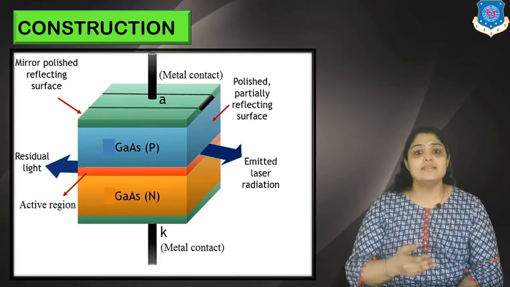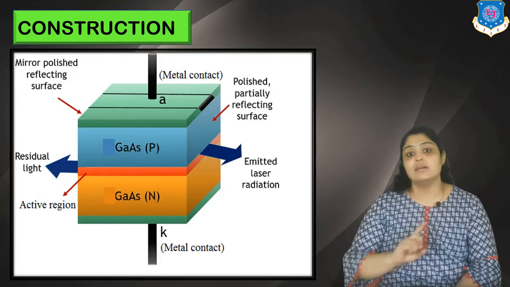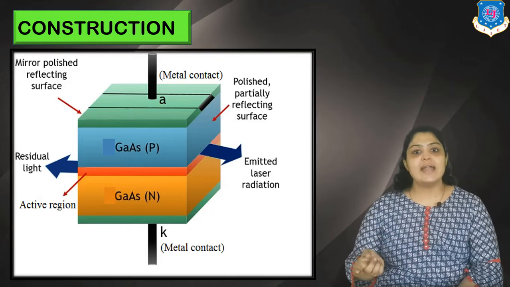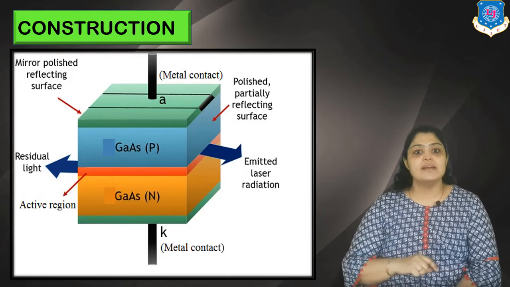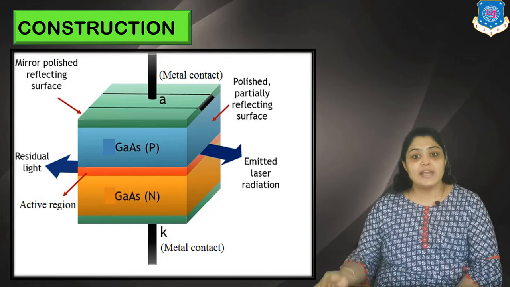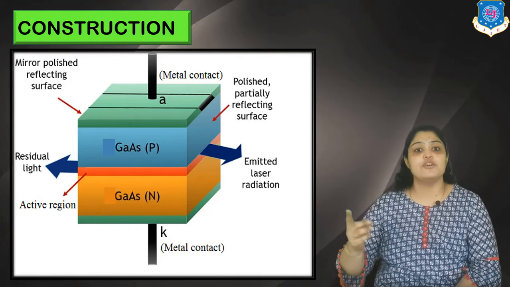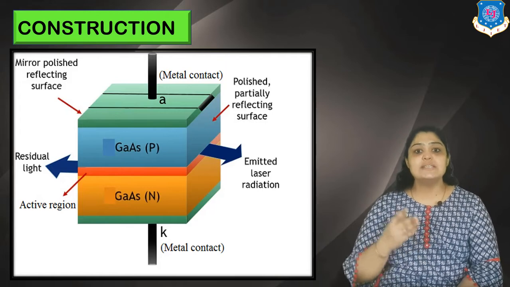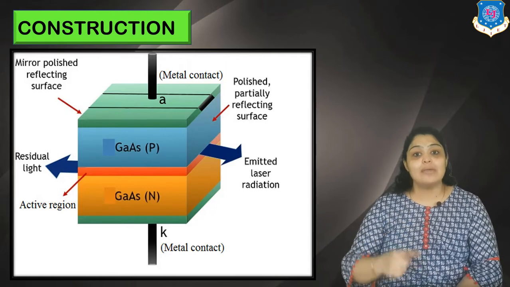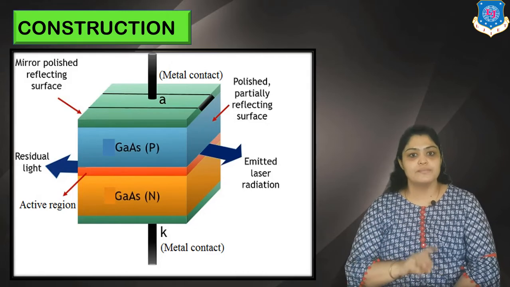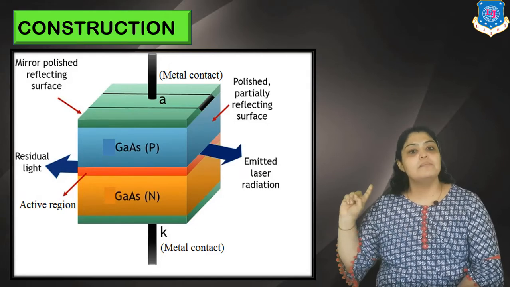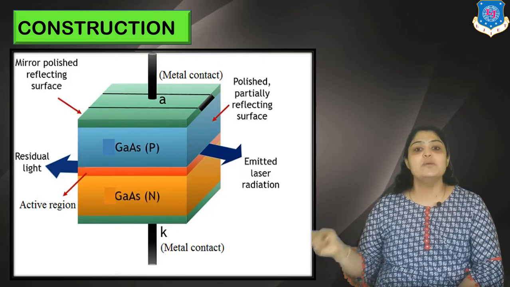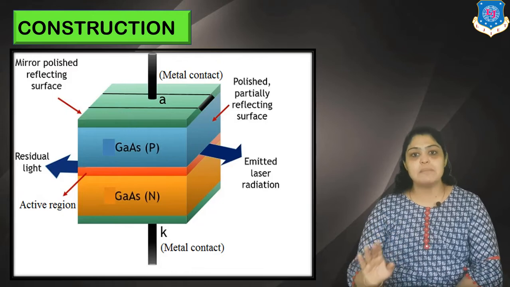If you forward bias a silicon diode, you will get current but not light, because it is not the inherent property of silicon. On the other hand, if you use a direct bandgap semiconductor like gallium arsenide, or gallium phosphide, or gallium arsenide phosphide, aluminium gallium phosphide, such semiconductors have a tendency to emit photons on recombination. Clear? So the material used in the construction of a semiconductor laser is gallium arsenide, which is a DBG, a direct bandgap semiconductor.